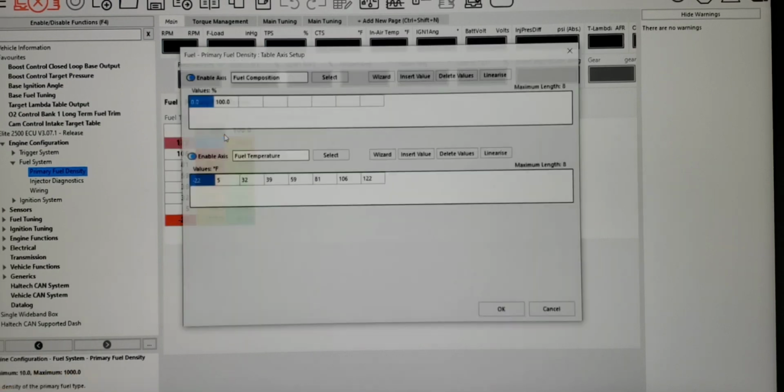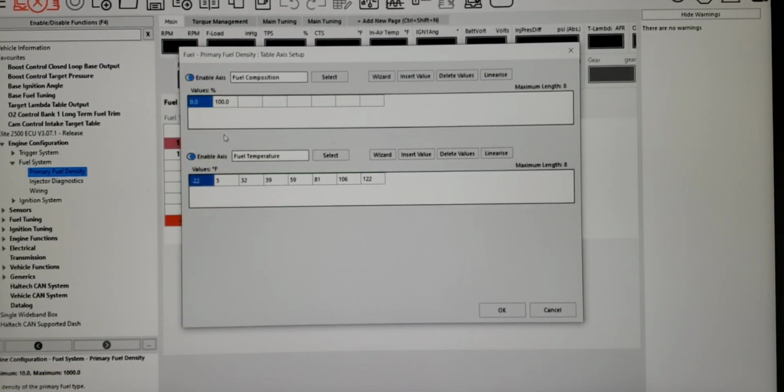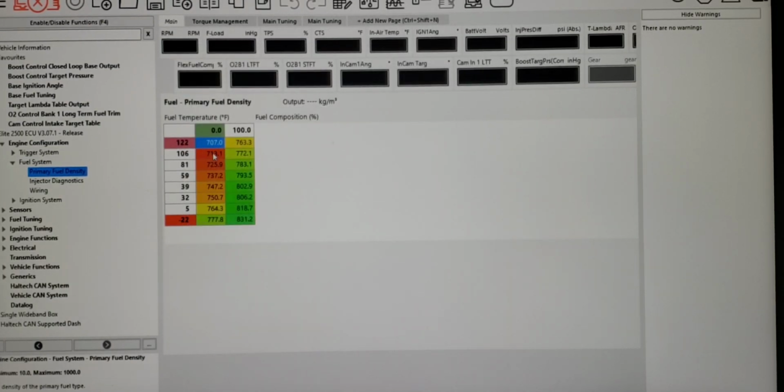table. Just hit F3 real quick. You can see there fuel composition, fuel temp, they're enabled at this point. So that's where we got those. The numbers I found online for fuel density of gasoline versus temperature and versus ethanol. Ethanol actually came from the Canadian Department of Transportation, as I recall. So they had it down to some fairly low temps. This was worth about 5% in the fuel trims, having that as a